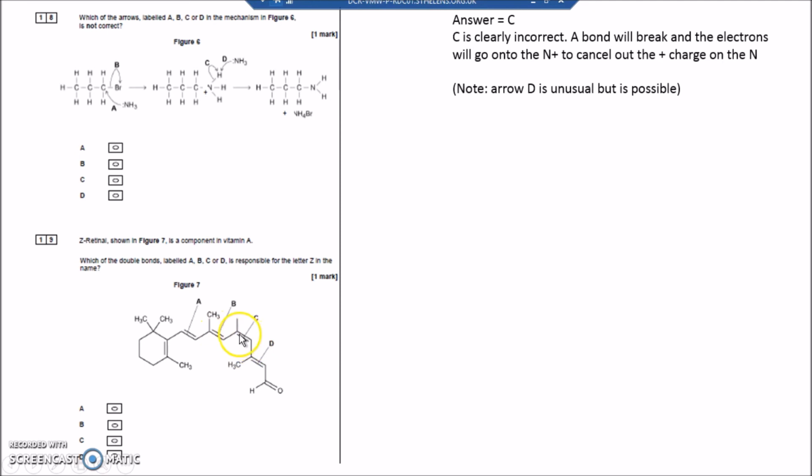What about this one here? This way I've got a carbon and a carbon here, but this carbon is a methyl group with just H's on it. This one has a carbon joined to another carbon, joined to another carbon, joined to another carbon. So as you go further along the chain, these carbons have higher atomic numbers. So this one takes priority. This way you've got nothing coming off here, shown at least, so you've got an H coming off here to give the fourth bond. And this way you've got a carbon with a higher atomic number. This group takes a higher priority than just this carbon because it has lots of other carbons going along. This one takes priority, and on this side this group takes priority over the H. The C's are on the same side, going down and down, so this one is a Z